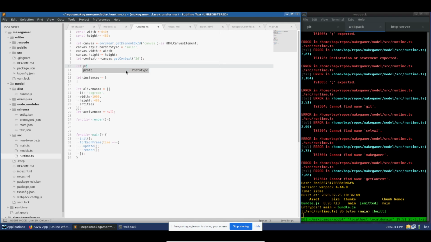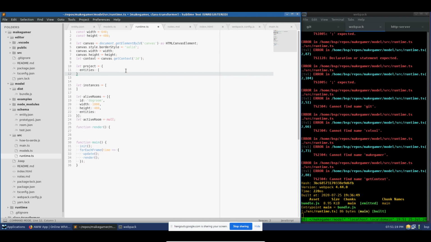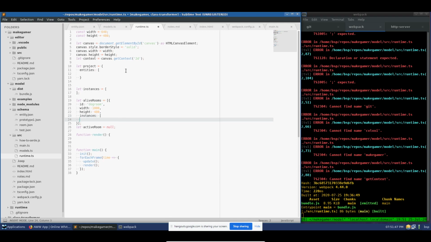What was it? Project equals entities. Yeah. So these instances are going to link back to an entity which has all the code for them to do. But each instance will have its own state. Yeah. And many instances of an entity, like the walls of the room or something. Yeah. So this is entities. This is instances. And it's a list of those. So we'll have that